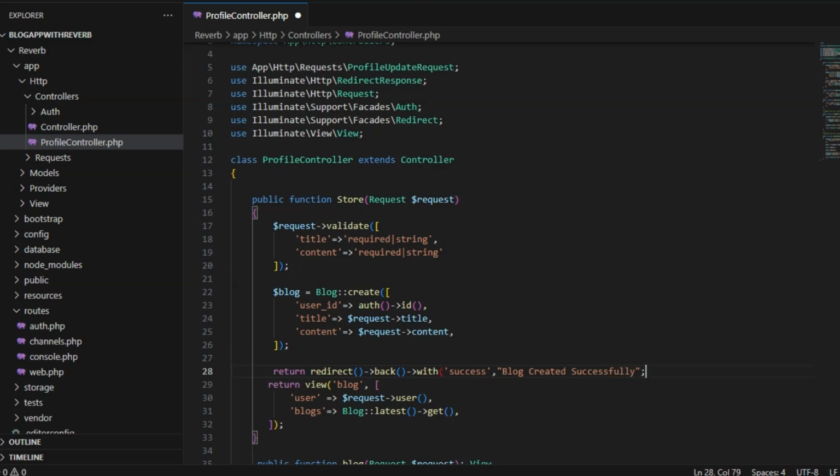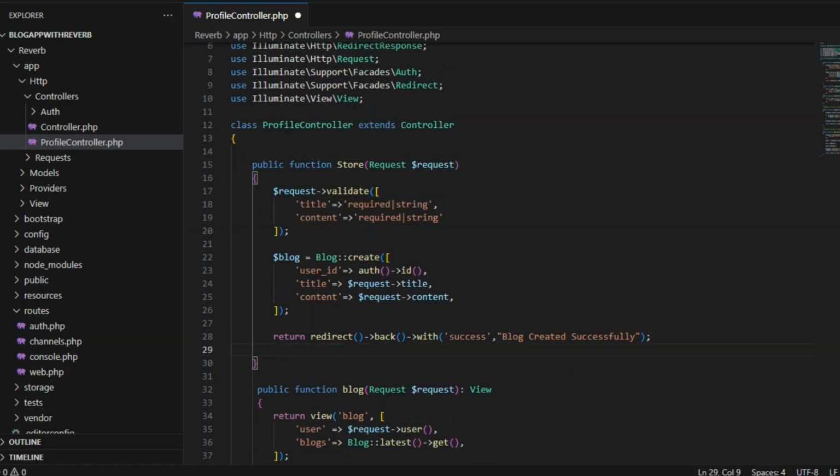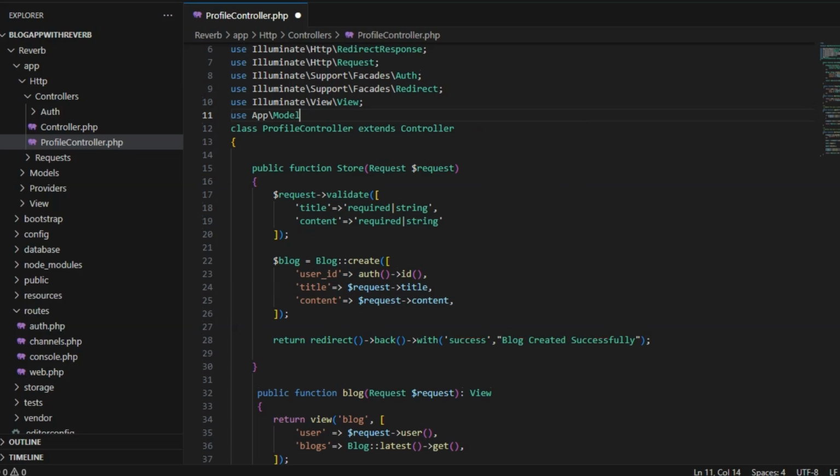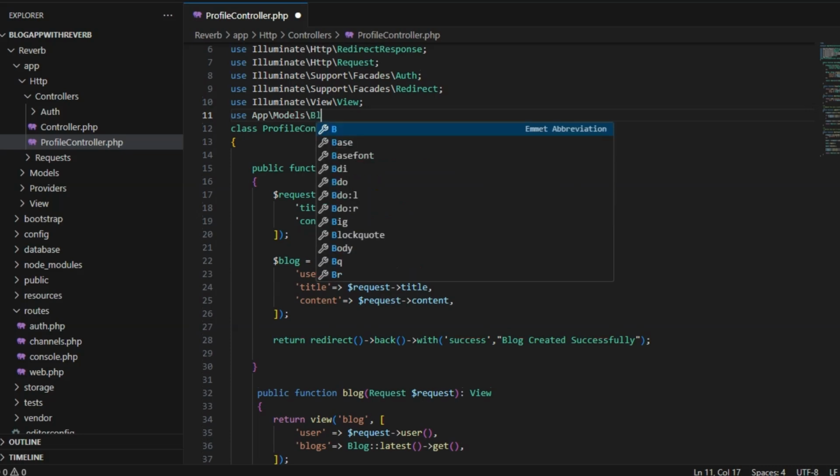Okay, for now we do this in our store function, and I'll remove this, and later we pass this blog data in the event, and now I'll import the model, use App\Models\Blog.